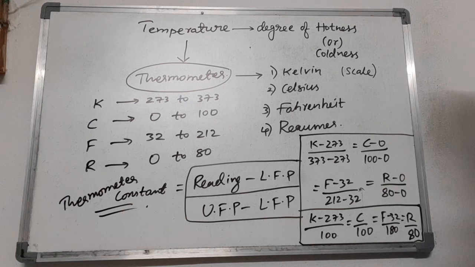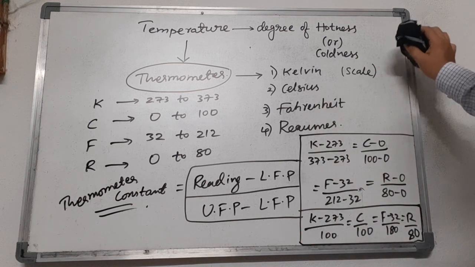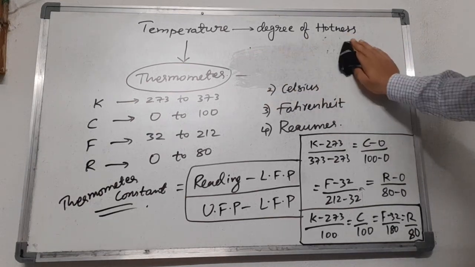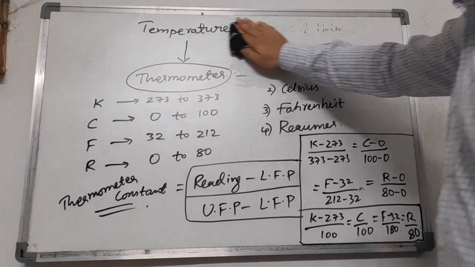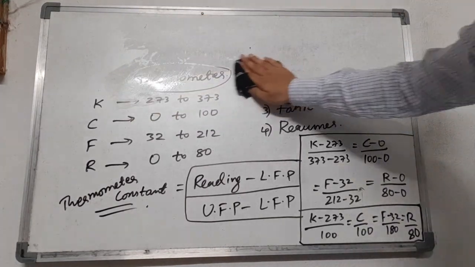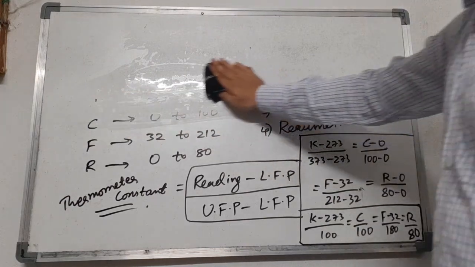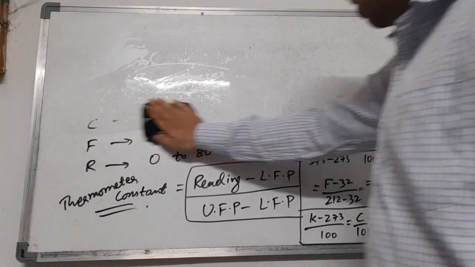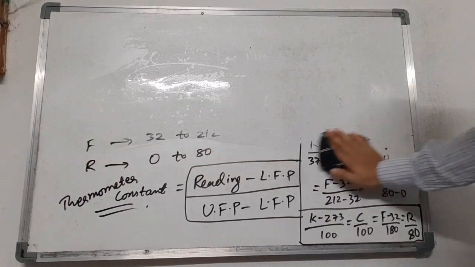Next, not only do we have this type of scales, this type of thermometers, thermometers are also based on resistance. If thermometers are based on resistance, or on pressure, then how do we determine the temperature at a particular pressure, at a particular resistance? Suppose